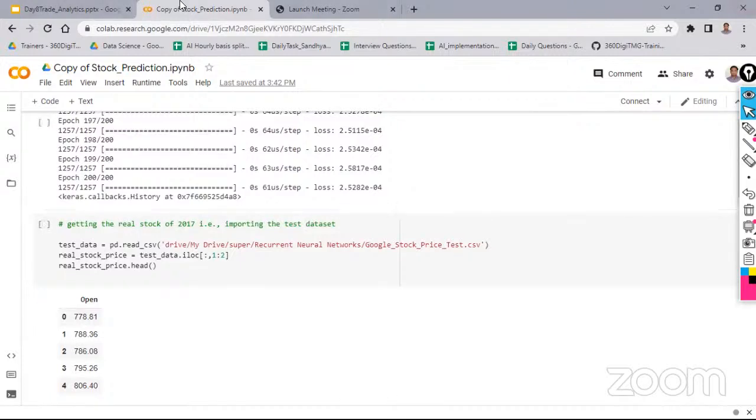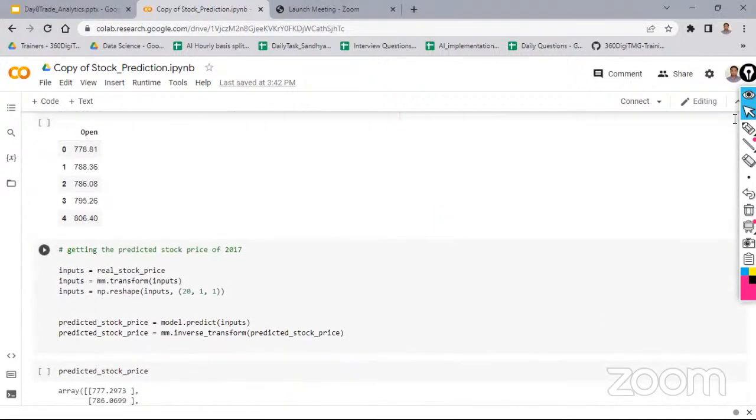So here you are getting the real stock values, and we are importing that to test. So, Google stock price testing. Again, I am dividing that and getting only the open. Now for this model, if the loss is almost 0, that means 99% it has been trained. And for the given data, next test data,